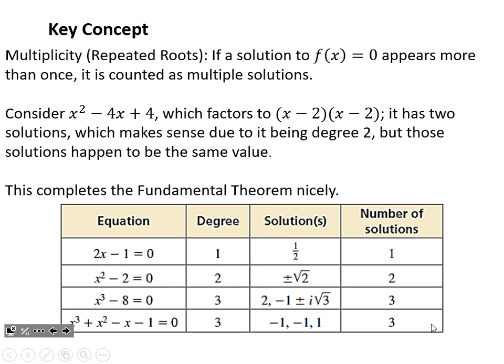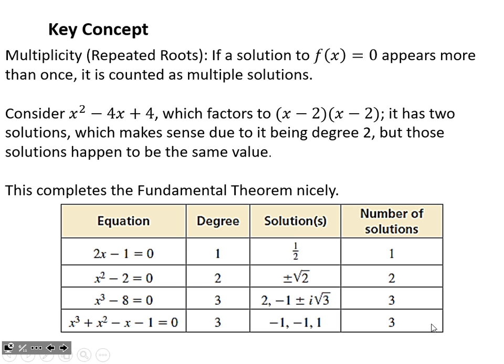And so if we take a look at this table that gives us some examples of that, you can see first off 2x minus 1, that is a first degree polynomial. The only solution is 1/2. We had one real solution there. Next, x squared minus 2 equals 0. That is a second degree function, so it has 2 solutions. In this case, it's a conjugate pairing. 0 plus root 2 and 0 minus root 2, we had 2 real solutions there.